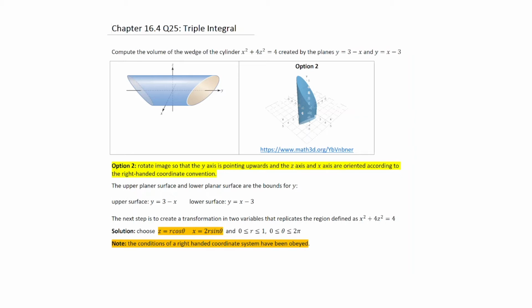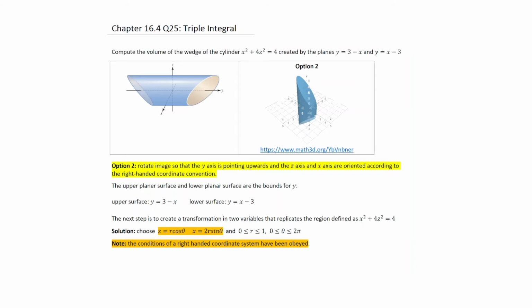So there is a bit of a twist here. And this is, by the way, not done in the book. This problem was not solved in cylindrical coordinates, but I am, just to put a little extra twist on it. All right, we've also obeyed the conditions of a right-handed coordinate system, so there are no issues here whatsoever. So now that we've done that, we can compute a Jacobian and compute what the differential